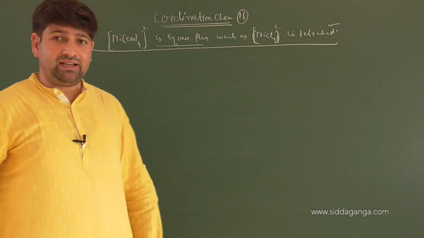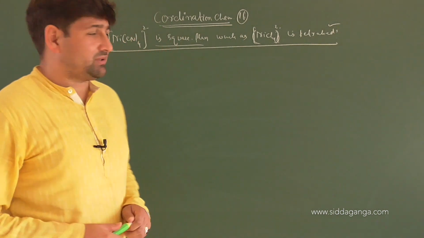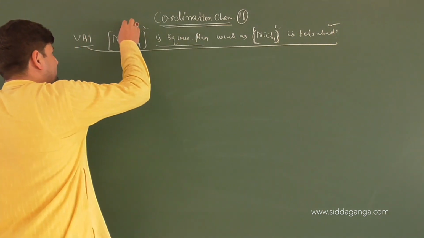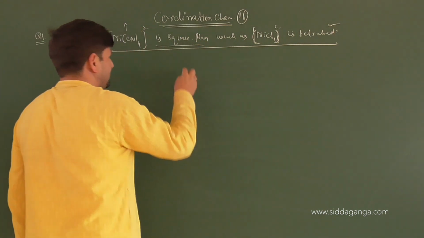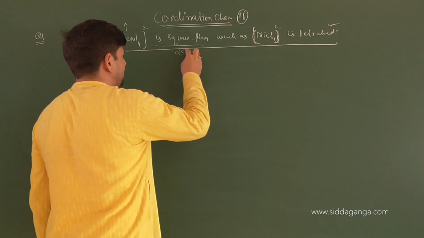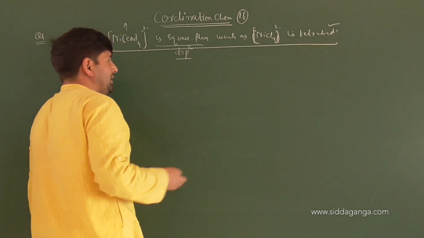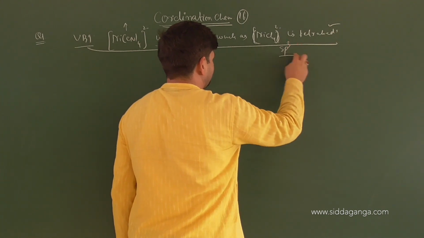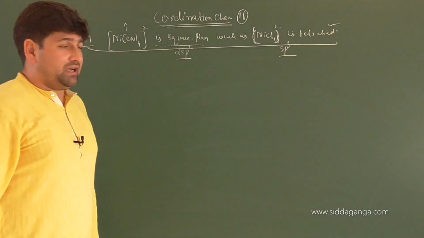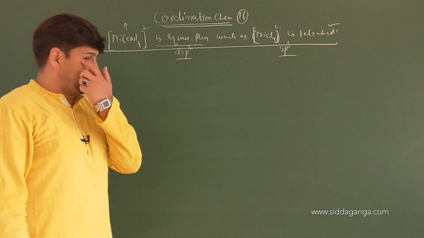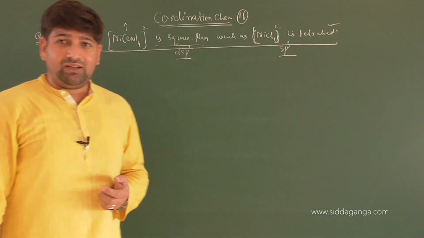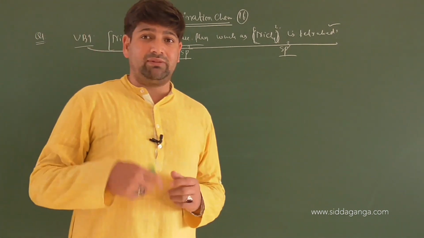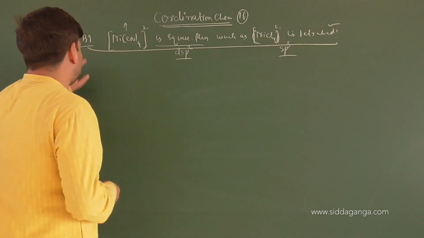And if you have been clear with the discussion that we have done so far, this should be quite simple for you. When you look at Ni(CN)4, if it is square planar, then naturally the hybridization has to be dsp2. And if NiCl4 is tetrahedral, the hybridization has to be sp3. That's a basic rule. And we know dsp2 hybridization comes into play when a complex is made by a strong ligand system, because pairing will be forced. Let us see here. We have to use the VBT approach.